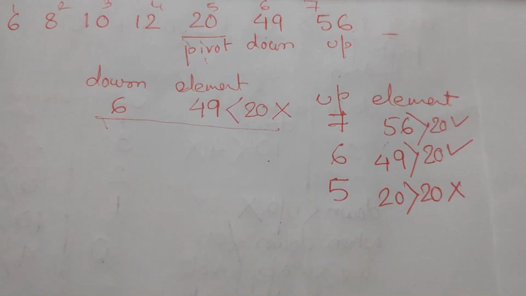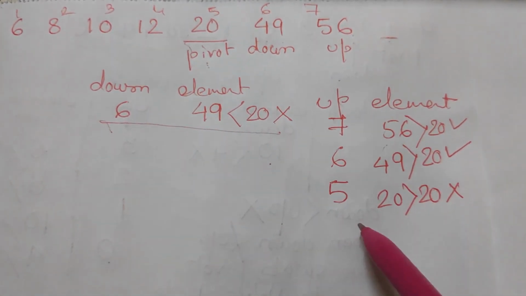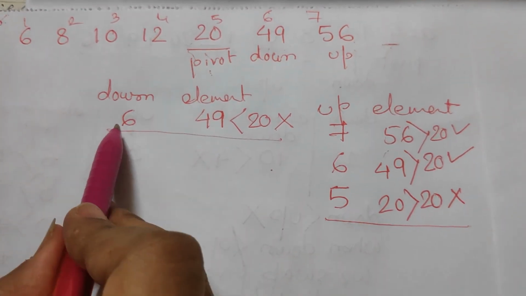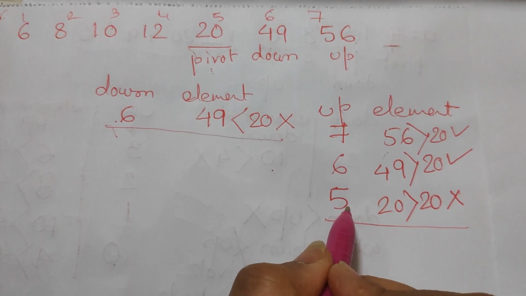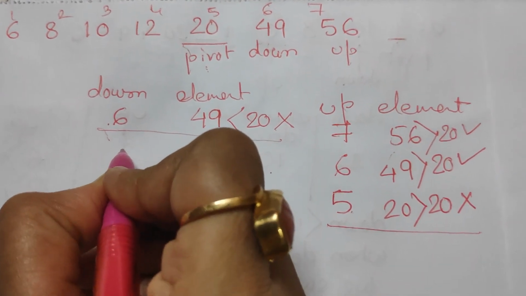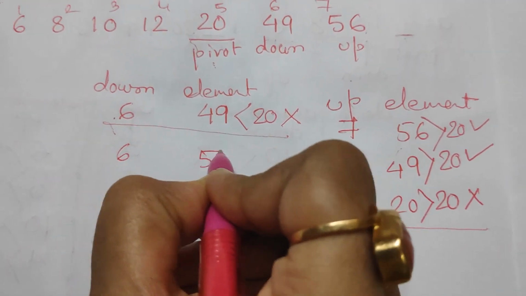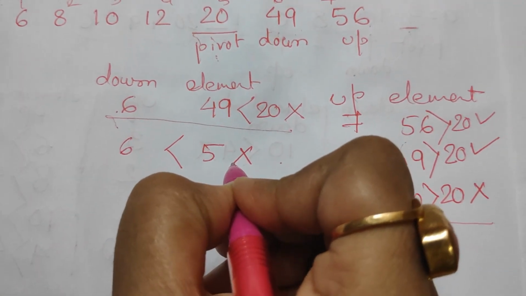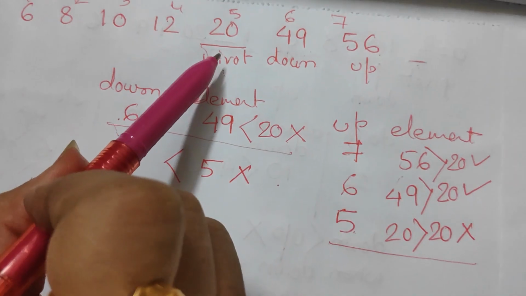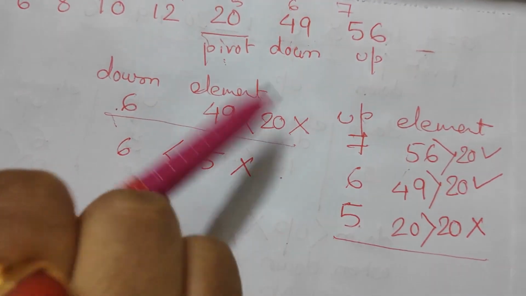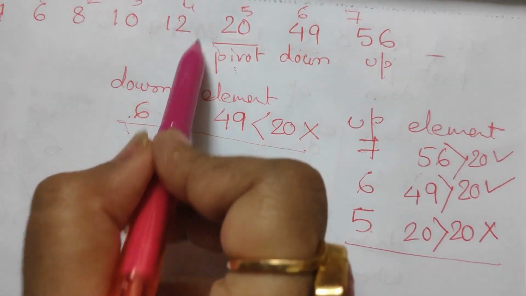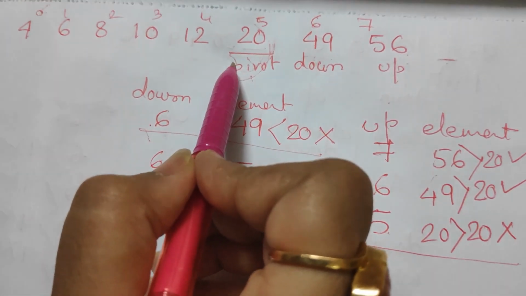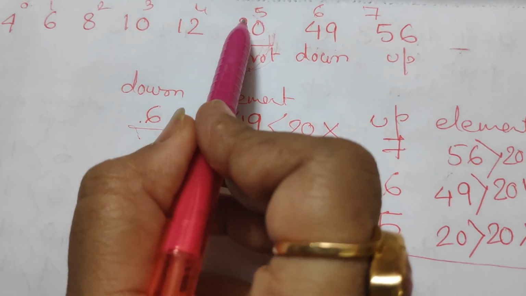So as a result over here, this up index halts. Down index is lesser than up index is false. Down index is 6, up index is 5. So down index lesser than 5 is false. So as a result, we have to swap 20 with the up index value. That means obviously 20 is getting swapped with itself over here. Right? So 20 gets sorted.